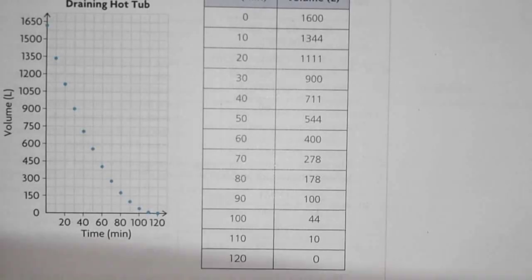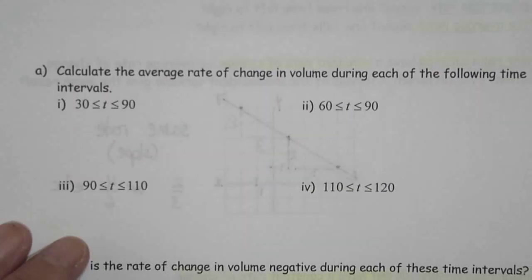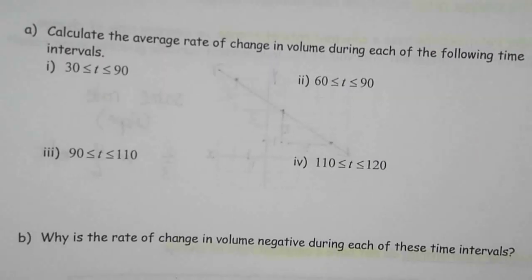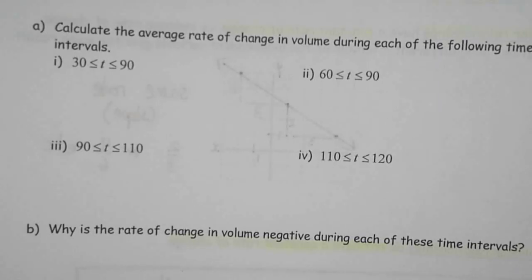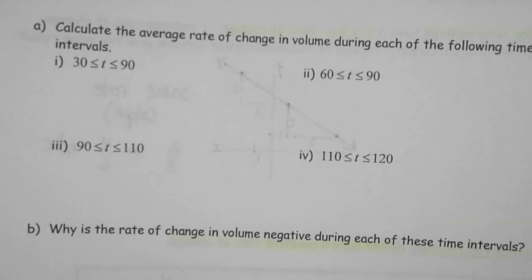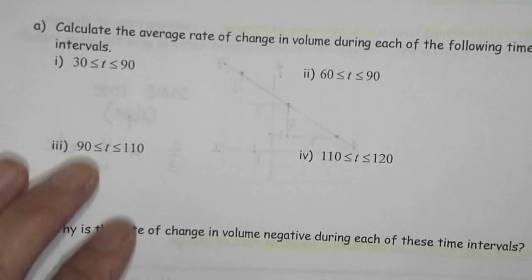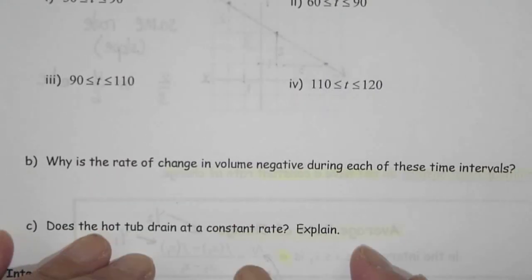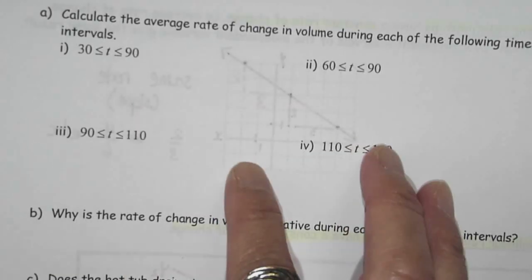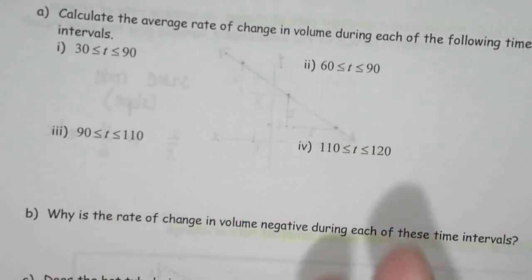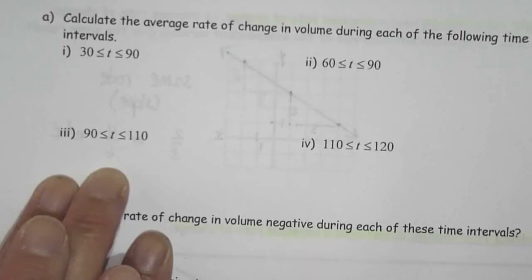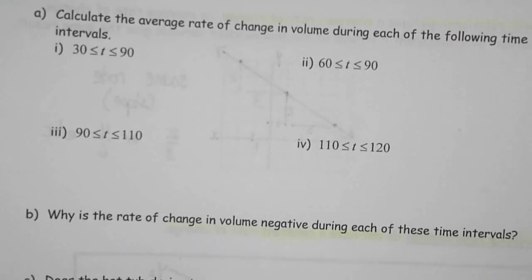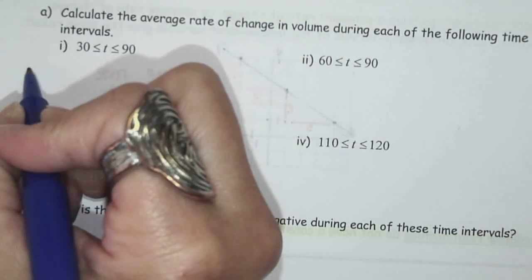All right. Okay, so from there, what we're going to do is calculate the average rate of change in volume during each of the following time intervals. Remember, average rate of change is slope. So we're trying to find the slope for all of these little time intervals. And then we'll discuss. There's a lot of little calculations. I'm going to go through them a little bit faster just because I have the numbers already here, so follow along. What we want here is the slope,